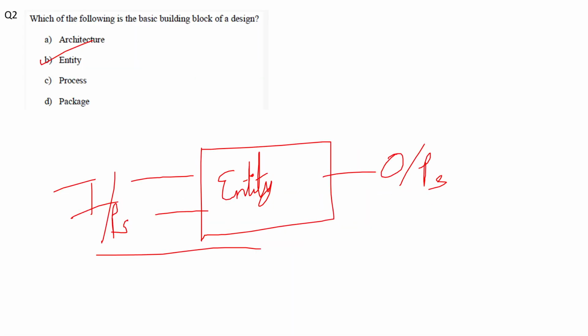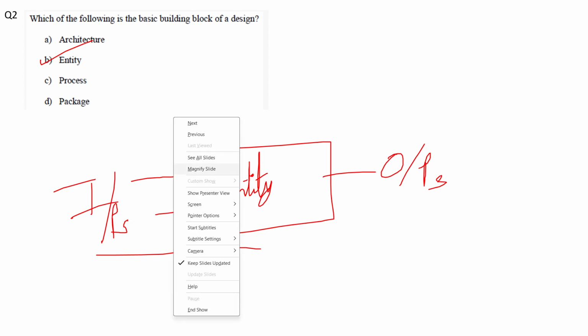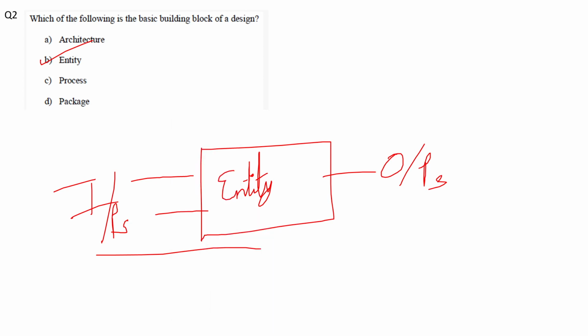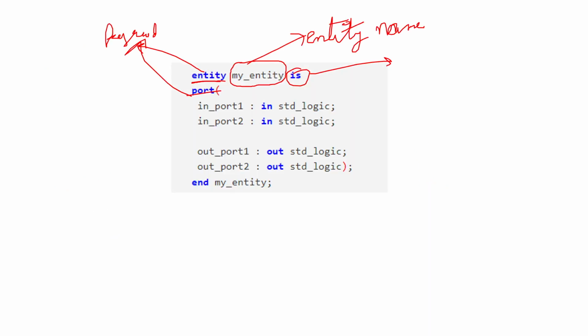Question number 2, which says, which of the following is a building block of a design? And as I already said, the entity is the basic building block of a design. So all the VHDL designs are implemented by entity. We can imagine this entity as a black box with input and output ports. As this is a basic building block of this design, I have shown here a snippet of this entity's